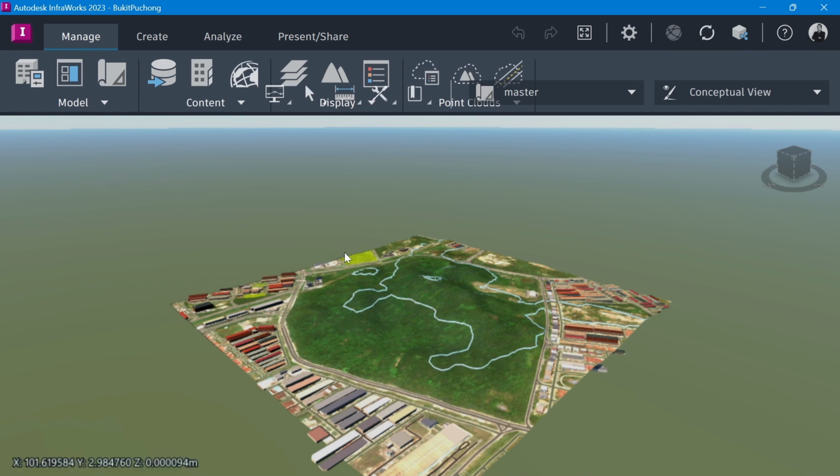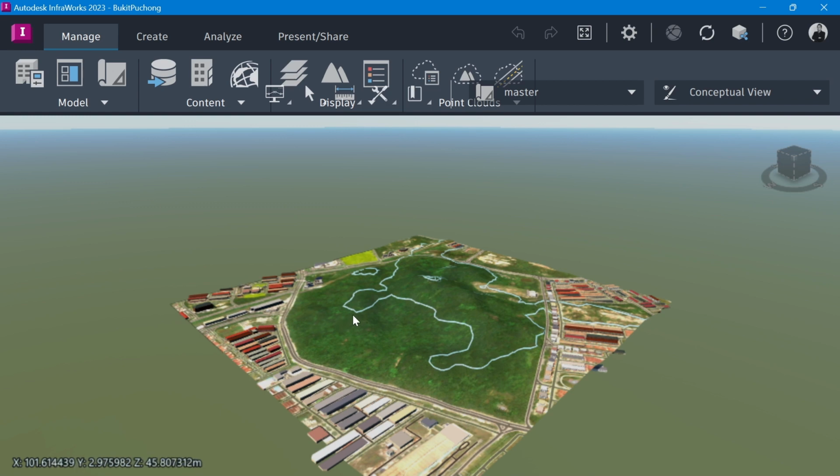So then you can see here our model is already prepared. As I mentioned previously, on the most bottom left, there is a coordinate in latitude and longitude, and also the altitude, I mean the elevation, stated there.